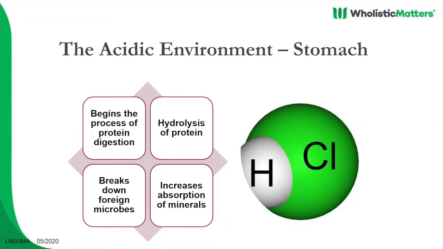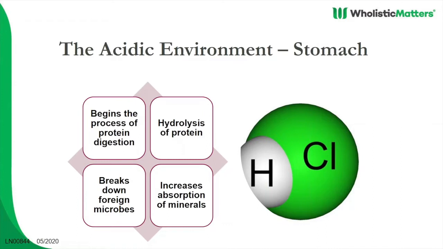But what happens when you put them in this acidic environment is that the tertiary structure begins to unfold. So they unfold and start to break down to the point where our digestive enzymes are able to cleave the specific amino acids, releasing them for our ability to digest them. This is also part of why the HCl, the acidic environment in the stomach, is so important for the breakdown of foreign microbes. It has a sterilization effect. Some of it can be attributed to that exact protein effect.